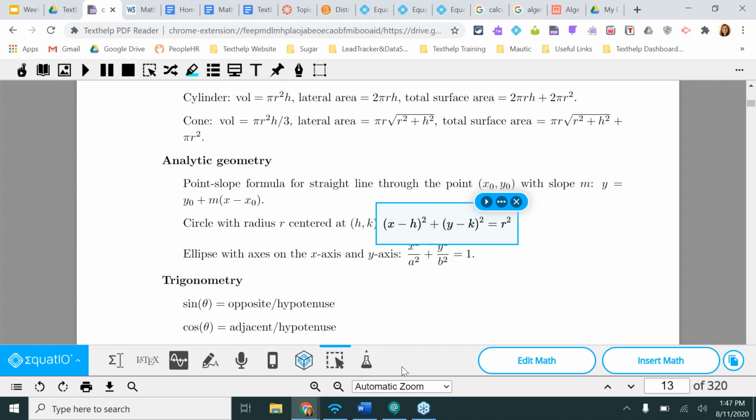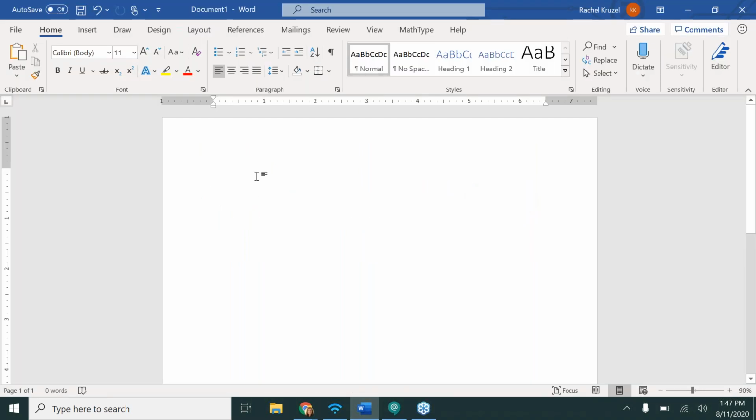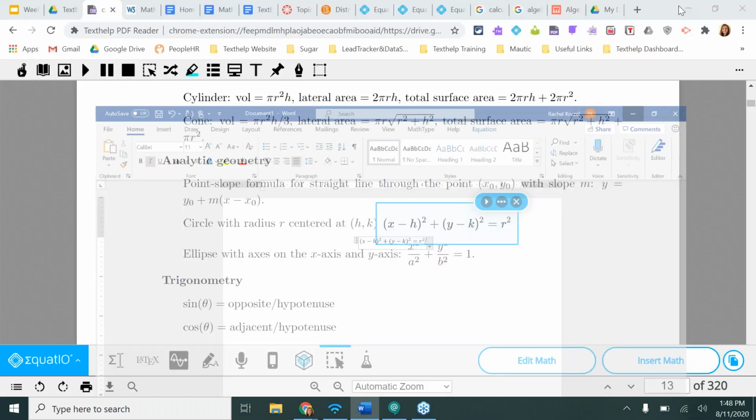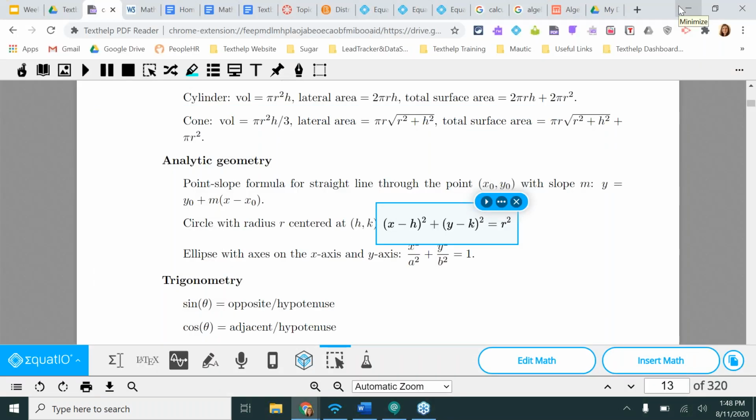What I can do here is show you, I have a Word document, and I do have MathType within this, but as you can see, I literally just copied the MathML and pasted it into my Word document, and now I have a MathML equation in here. Again, you have the flexibility to paste the MathML wherever you need it. I know some people do that in learning management systems, which we're going to talk about in a minute, but know that you essentially have that flexibility.